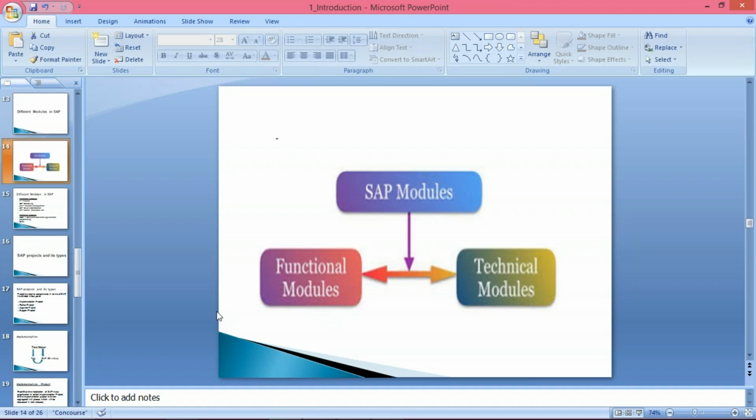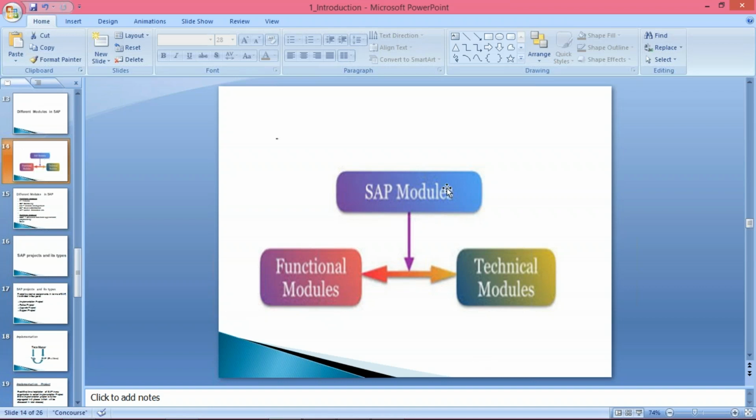Now, the difference between functional and technical, you guys will come to know later, because once we start the practical sessions, I'll explain certain things like development related activities. Then at that point of time, you will have a clear understanding of the exact difference between functional consultant and technical consultant. And once we start the configuration part, in the sense once we start the practical session, you will come to know what your activity is and what kind of activities are performed by a technical consultant.